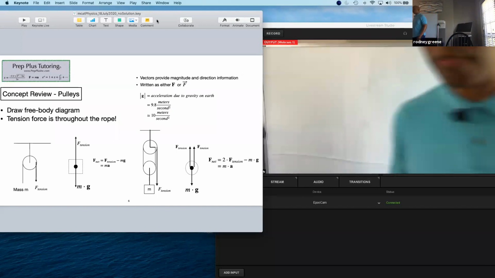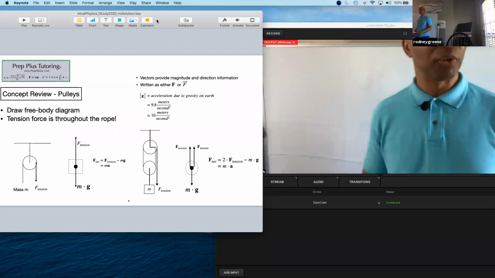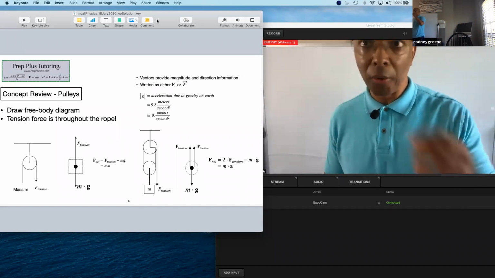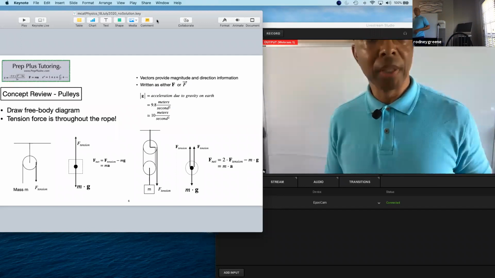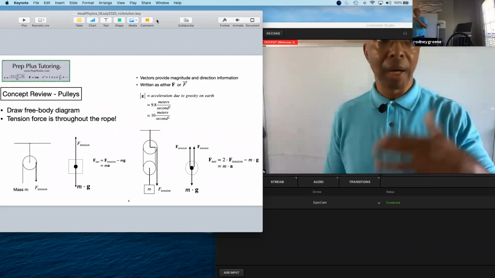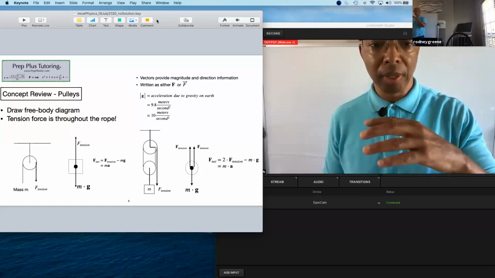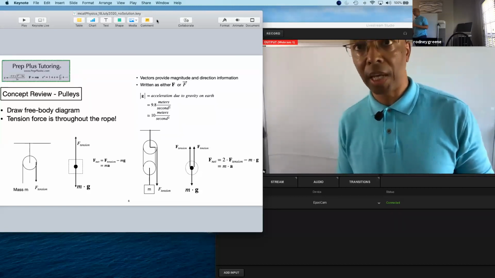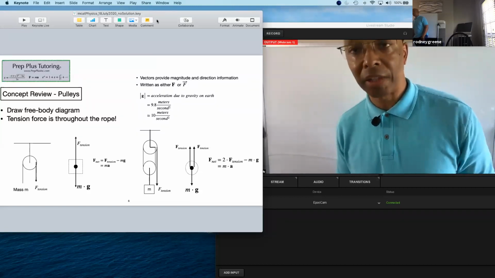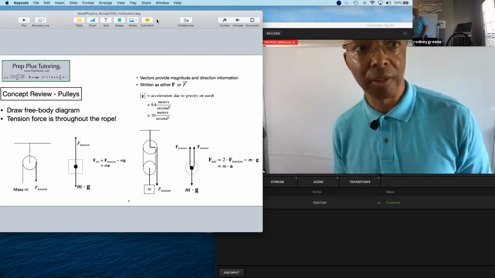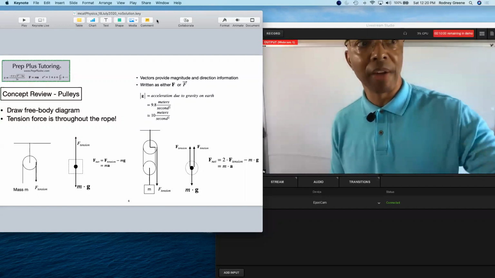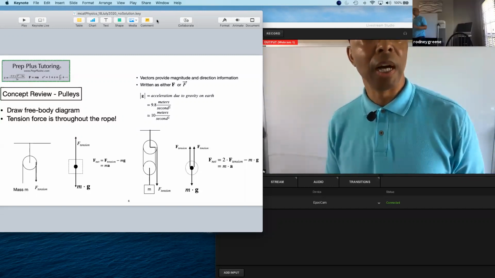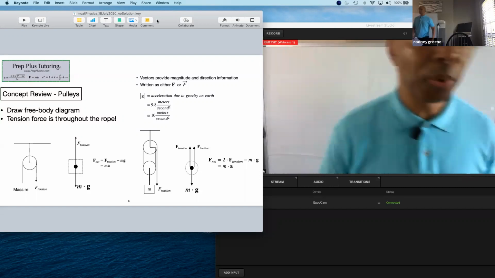I just want to do a very surface, high-level review. I don't know what's going to be on the MCAT. They always change it every time. But in my physics career and education career, pulleys are a very standard kinematics or classical mechanics question. So I've got a little slide in here about reviewing concepts for pulleys. Let's just take a minute or two to go over this real quick.